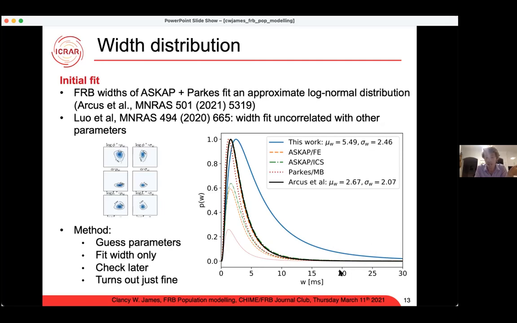For instance, with ASKAP observations, we actually stop. We don't search for things wider than about 15 milliseconds. But as you see, we don't expect to see many things out there because of this strong biasing effect. Although I know UTMOST has a burst out at 30 milliseconds. Out of interest, is there some width beyond which CHIME stops searching? What's the maximum width that CHIME looks for FRBs? Someone to quickly pipe up? Oh, tell me later. I'll keep going in the interest of time.